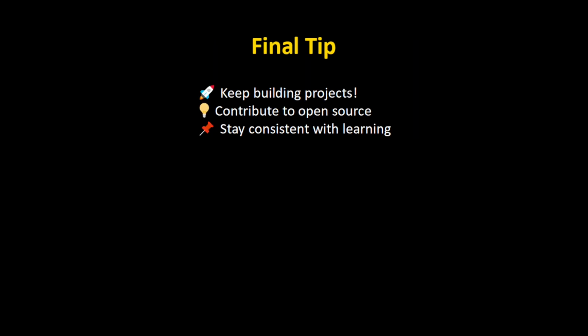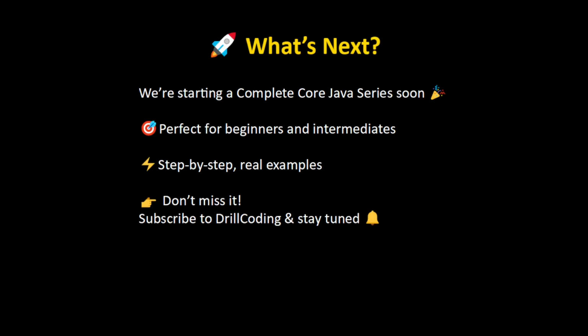Finally, remember, companies don't just hire based on technical knowledge. Soft skills are equally important. Work on communication, problem solving, and teamwork. And most importantly, build real projects, upload them to GitHub, make them public, and show them in your resume. A strong portfolio plus good communication skills is what really gets you hired. So this was the complete Java developer roadmap for 2025. If you follow this step by step, I'm sure you'll become job ready.